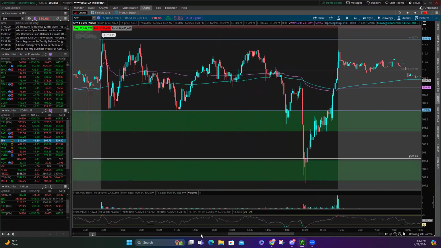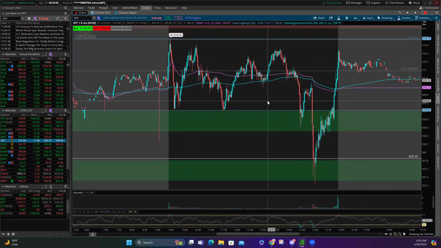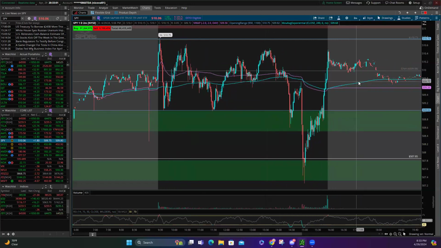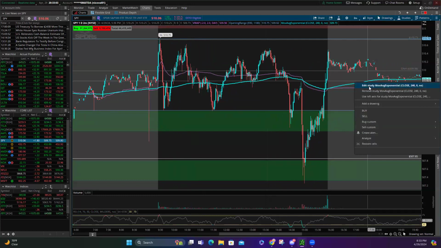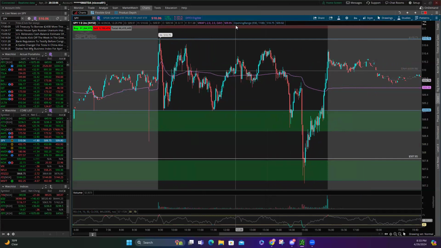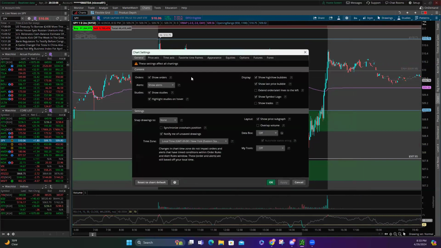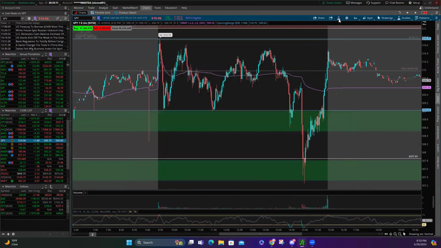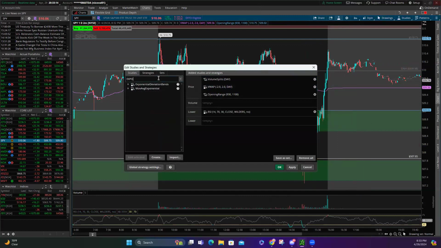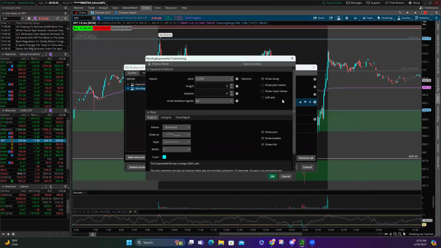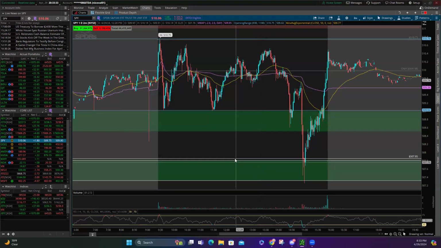That's very personal, Hunter. You can use the 21. I'm going to get rid of this. And then on the EMAs, you can use the 50. I like the 50 a lot. Let's put the 50 here. I like the 50 to be normally yellow. And it's just going to give you, look.